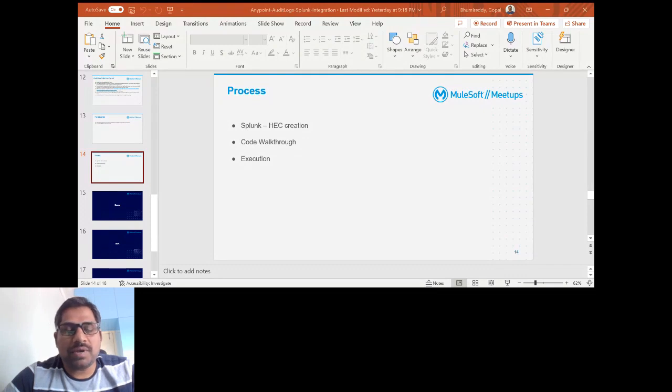We have an option to see them in Access Manager itself. I'll show you here. But that is a basic UI where you can see basic details, and you cannot do monitoring, reporting, dashboards, or alerting. You cannot do that. So I'll show you here. If you go to Access Management,